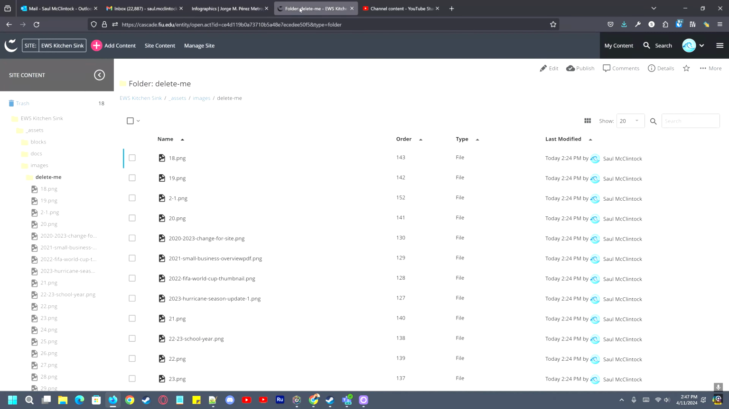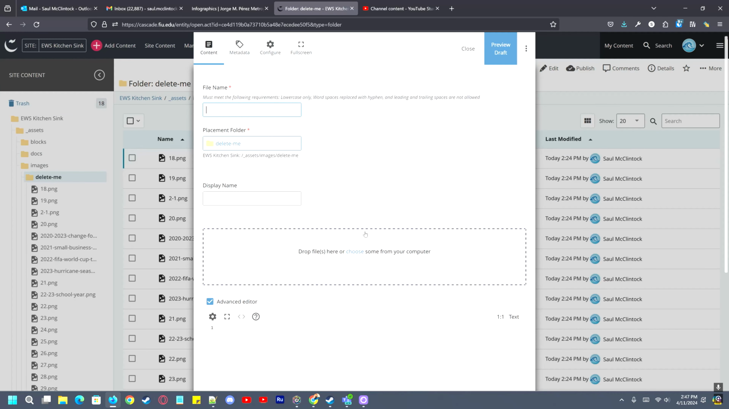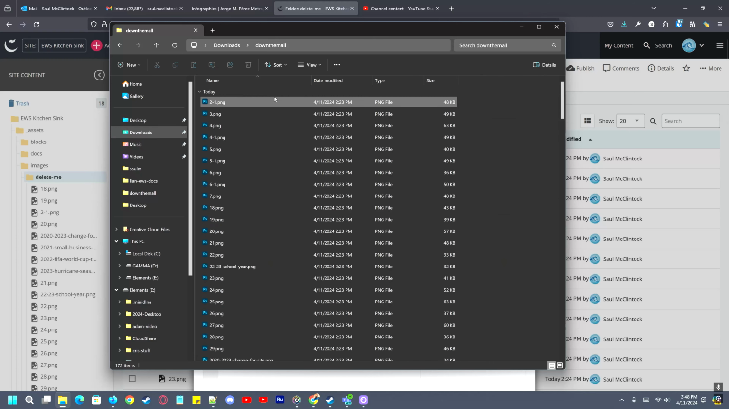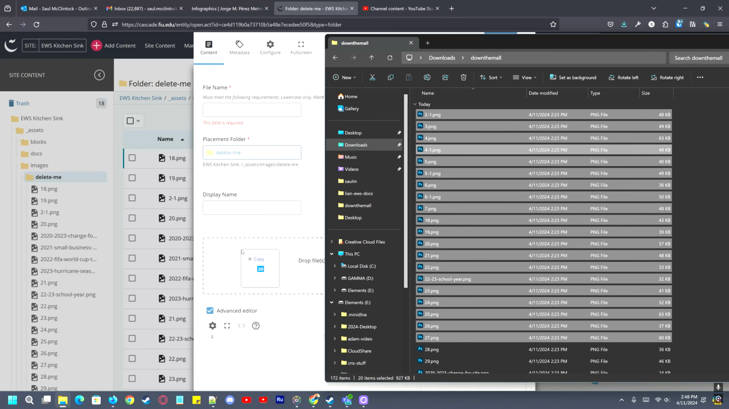you'll go to Cascade. I've already done this, so I'm not going to upload them, but basically you go to the folder where you want to put those files, click on add content, default, file. It's going to give you this thing, which defaults to one file, but basically you open up your downloads folder, select everything here, and drag and drop it over here